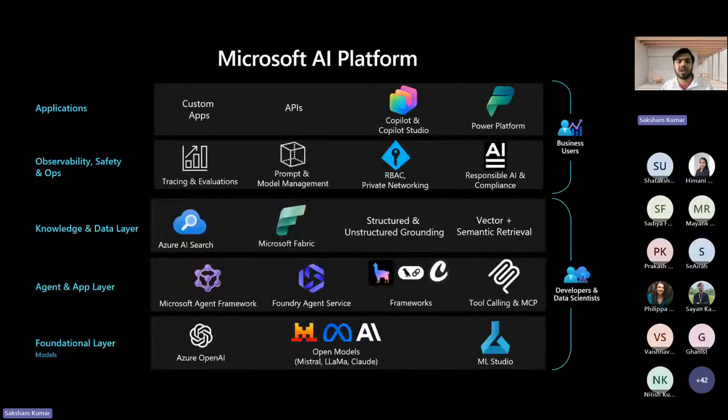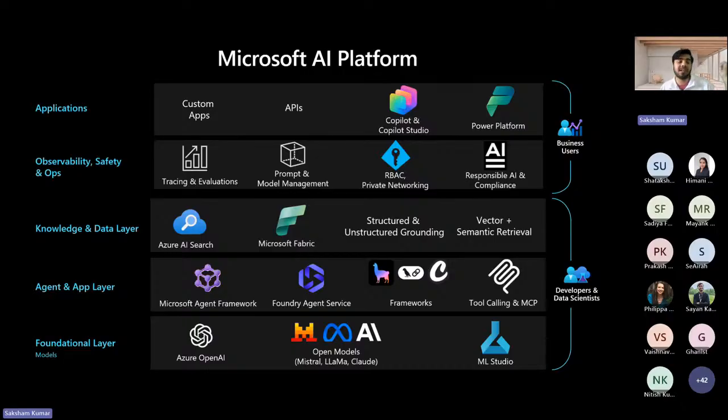Okay, so the Microsoft AI platform is now divided into 5 layers, which actually follows most of AI. If you want to get into AI, this is the whole layering which you're going to follow. I'm telling it in terms of Microsoft, but you can replicate it to other things also. So it starts with the foundational layer, the last one right here, the engine room of the AI. That is where the raw intelligence lives.